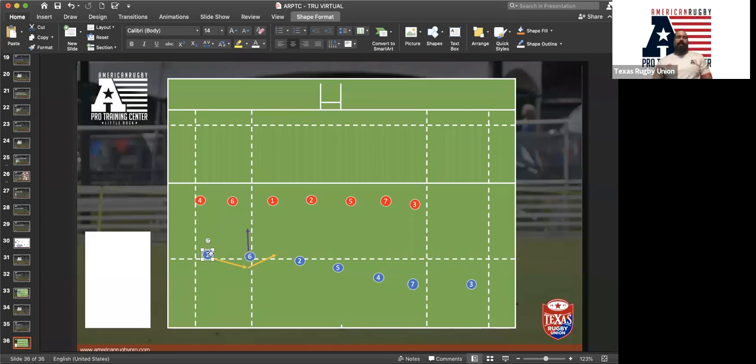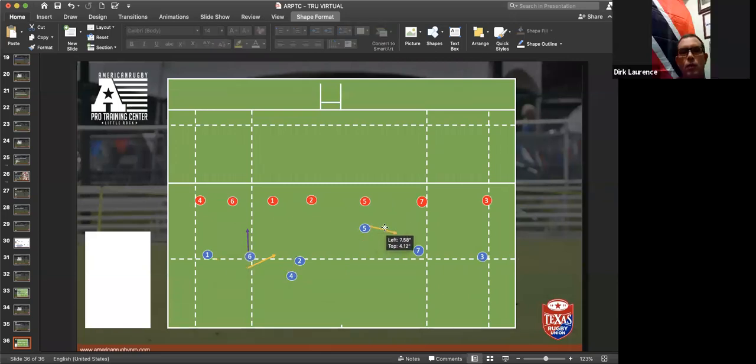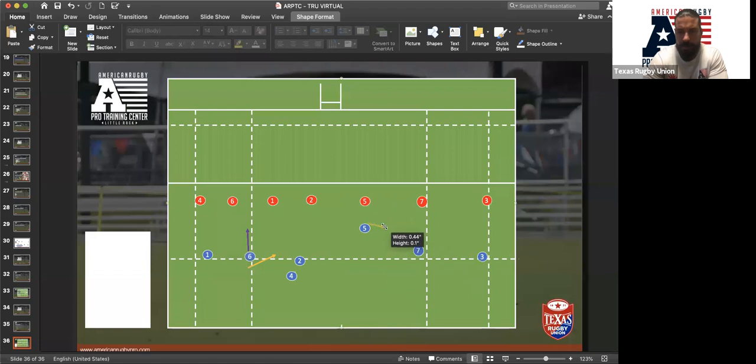And so if we move that across now and look at something a little bit more technical when we're looking at spacing, what would an unders or overs line be? So if we use the 5, the 7, and the 3, 5's got the ball and they're going to pass the 7. What would be an unders line?